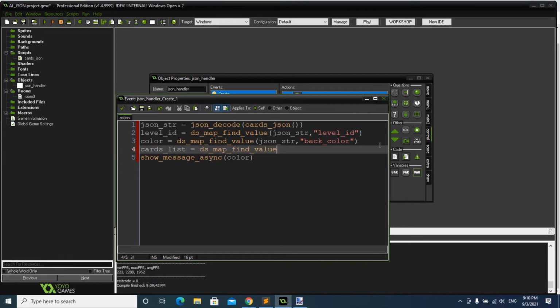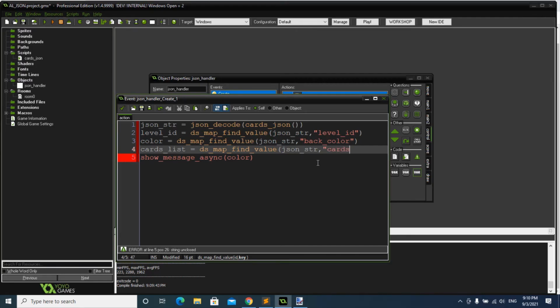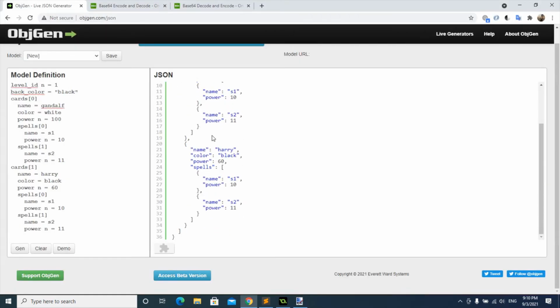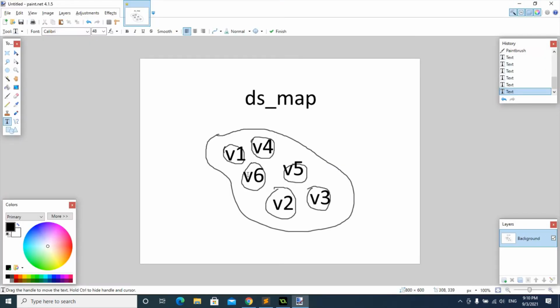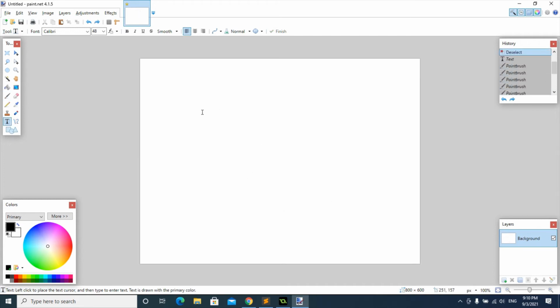We get the cards array like our previous variables. As we said, it's a list, an array. To iterate between objects, items inside an array, we should use